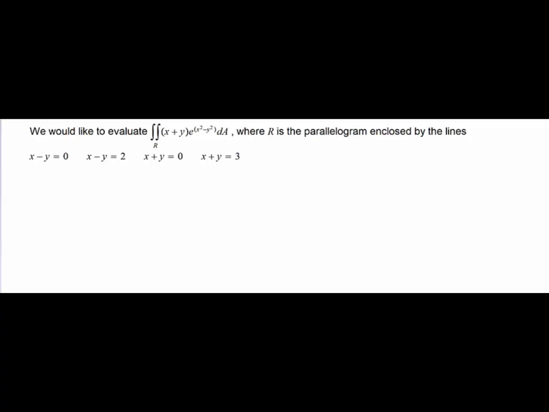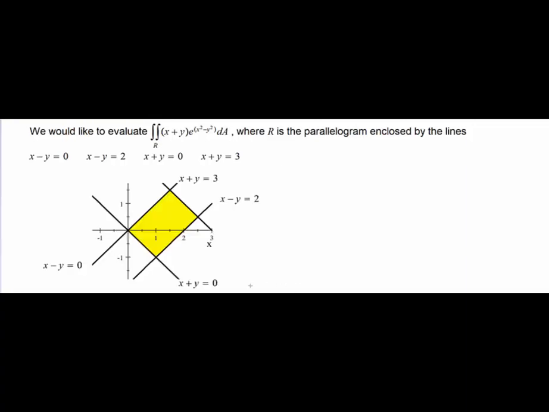Now here we would like to evaluate this double integral over the region R, where the region R is given by these boundaries. So first let's see what the region would look like. The region would look like this parallelogram, where the boundaries